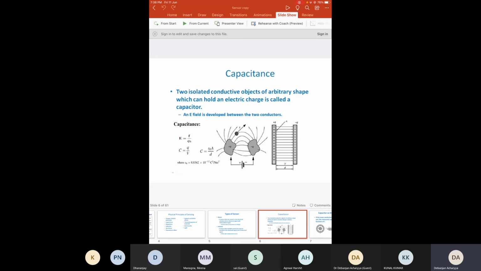Now coming directly to the different physical principles of sensors. The first, very well known and very old physical principle for sensors is the capacitance based sensor. I think you all have heard about the capacitor. The property of the capacitor is capacitance, and in the capacitor there are two metal plates, one metal plate in this part, and